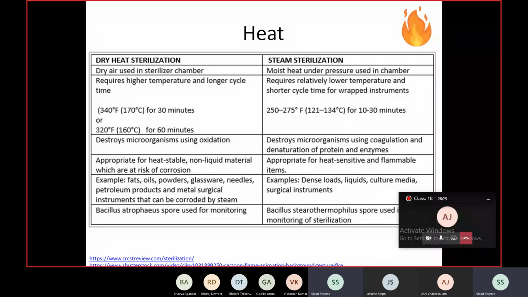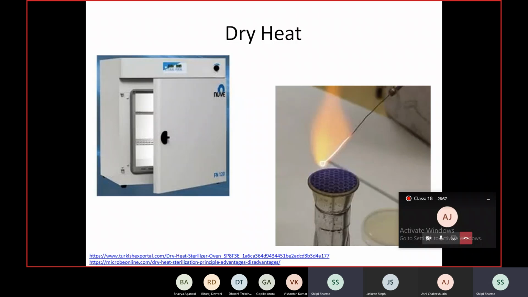You can either use dry heat sterilization or moist heat or steam sterilization, and both have their own mechanism of action and application with their own advantages. Dry heat kills microorganisms by burning. So basically oxidation of proteins and other biomolecules. And in the lab, you will find incinerators like a Bunsen burner, which you've already seen, I guess, during your school times, or the hot air oven, which is also used for dry heat sterilization.